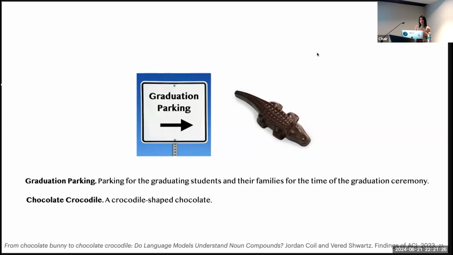Chocolate crocodile, you can make sense of that if you've seen chocolate bunny, for example. These models were still over-relying on the training corpus, as we could identify from the errors. For example, GPT-3 was defining chocolate crocodile, basically ignoring the chocolate part and just generating the definition for crocodiles. But it was still pretty good. The only difference here from figurative expressions is that these were noun compounds that were necessarily compositional, because we chose them as noun compounds that, even though they're rare or non-existent, a person reading this noun compound would be able to make sense of what it means.